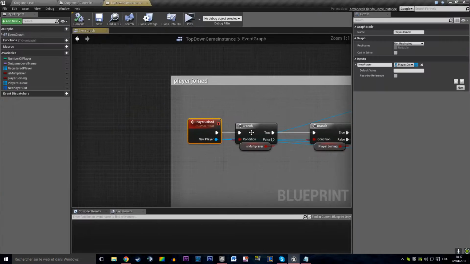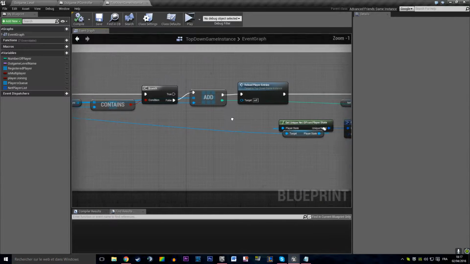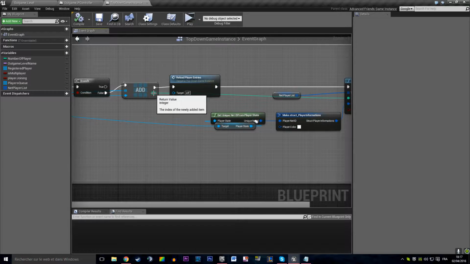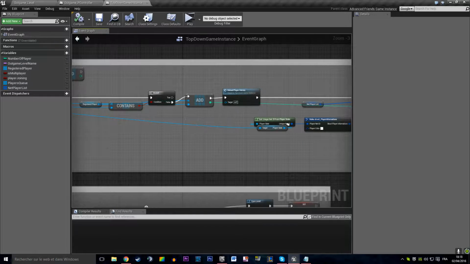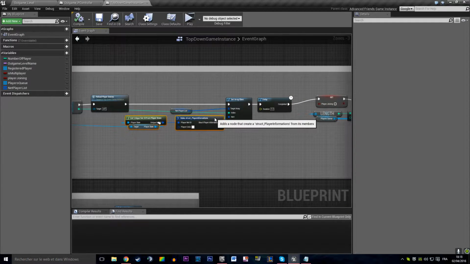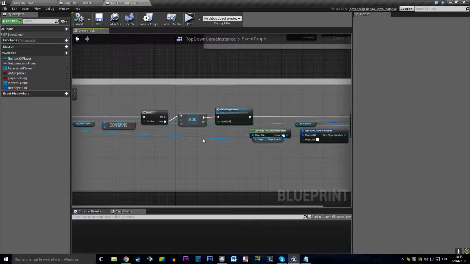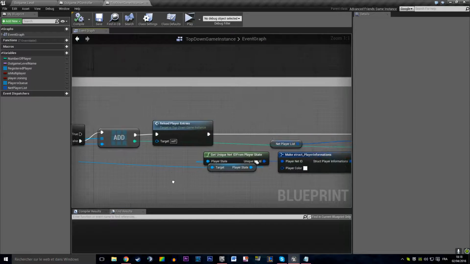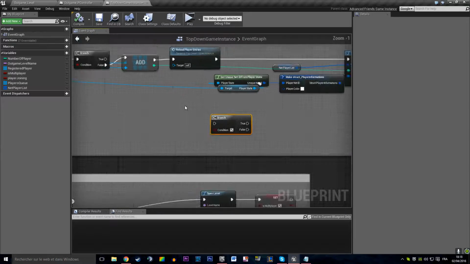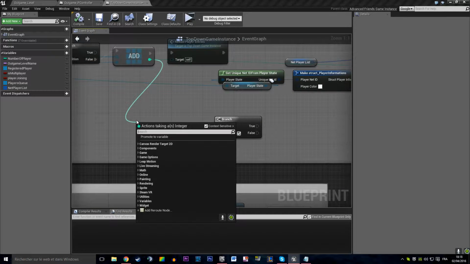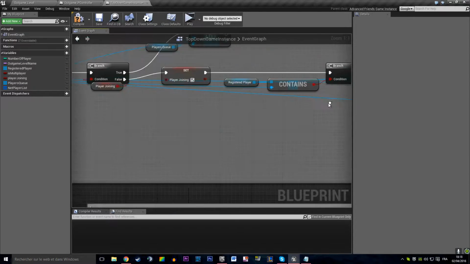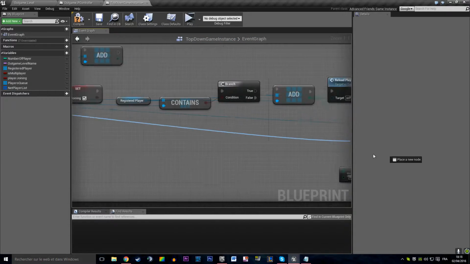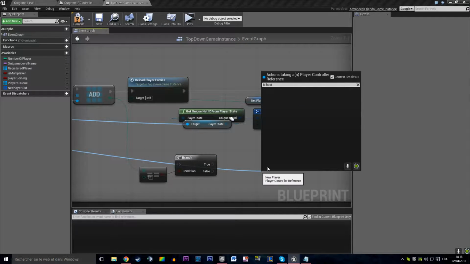So when a player joins, if the index here equals 0, I mean if the player that just joined is the first person to join that game, that means it's the host. It will always be the case. So we're going to add a small branch here. We're going to say if that equals 0, that's the host. So we're going to tell the new player that just joined that his host equals